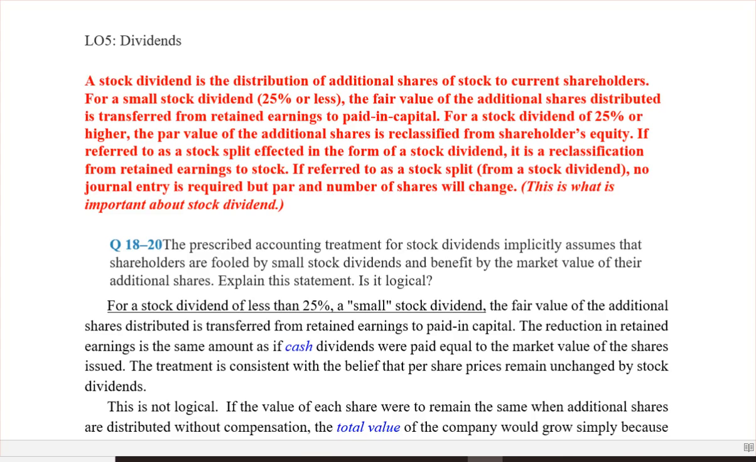Let's continue our packet work, and today the topics are dividends and stock splits. At the end of this particular document, we're going to have the outline. I'm going to cover the outline in a separate voiceover. For the previous